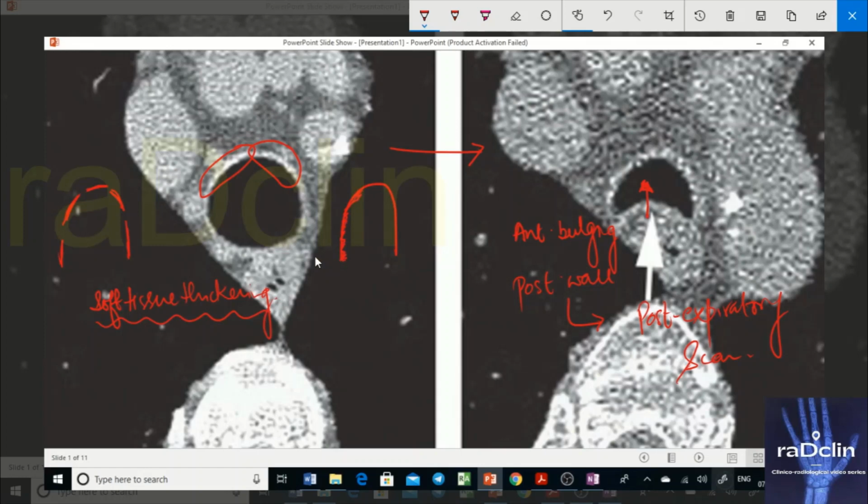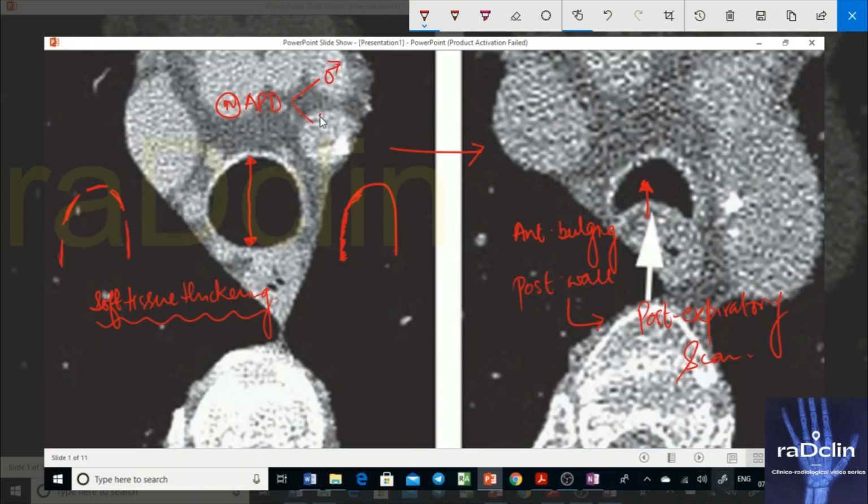So we have understood the anatomy, and let me tell you one thing more. What are the normal diameters? We are discussing the normal AP diameter. So this is the normal AP diameter, this is the AP diameter that we take. And what is the level that we take? We take around 2 centimeter above the aortic arch. The normal AP diameter